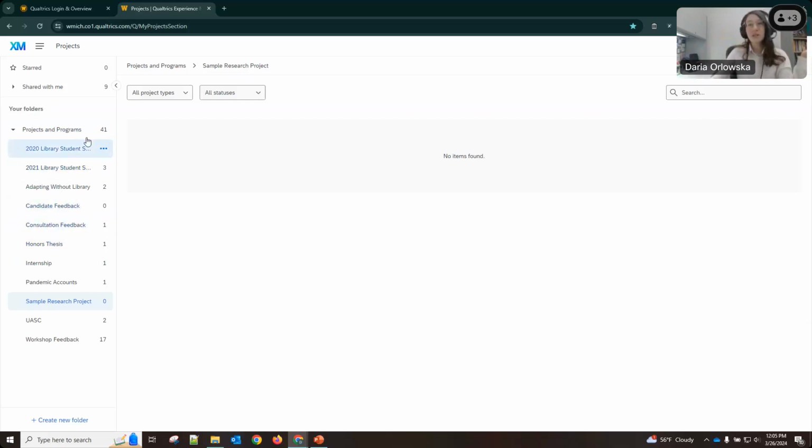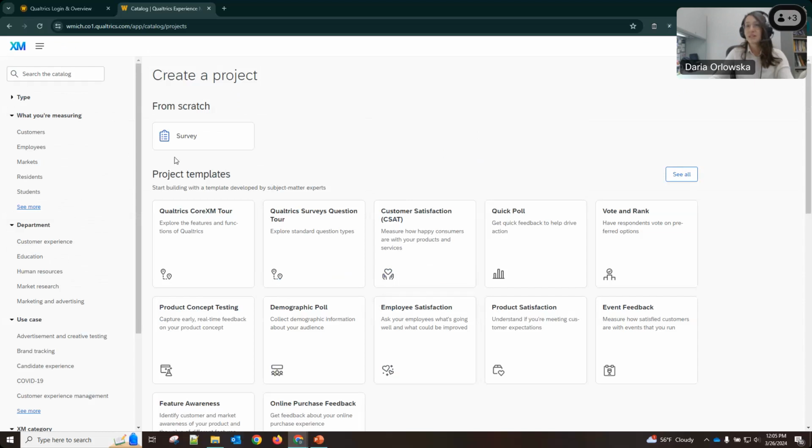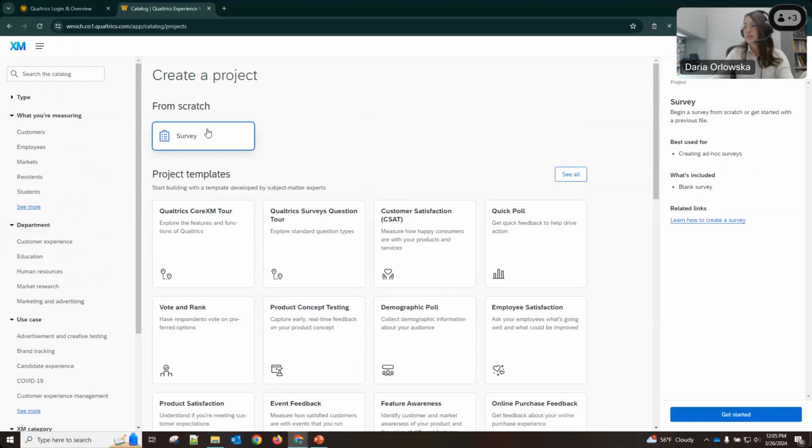Now we're going to navigate to the right-hand side and press Create Project. This will get us started on creating a survey from scratch. We're going to click on that, and then a right-hand menu appears.